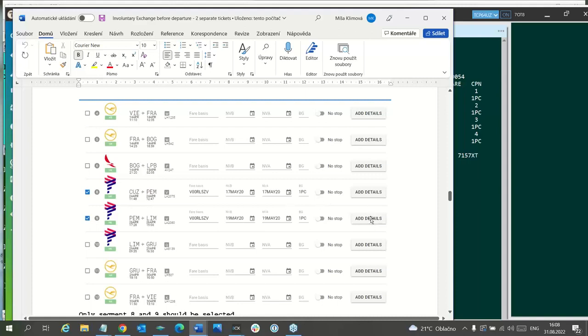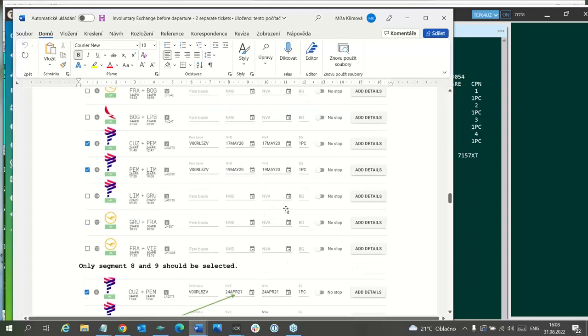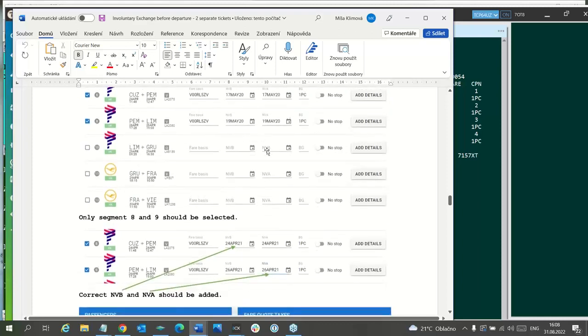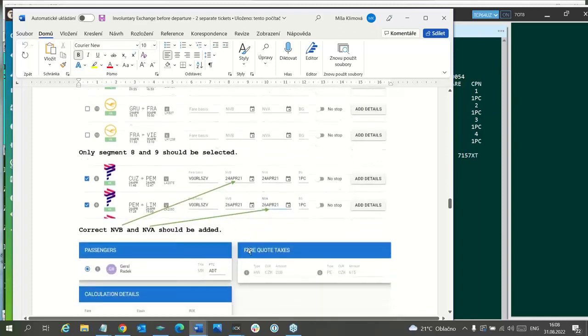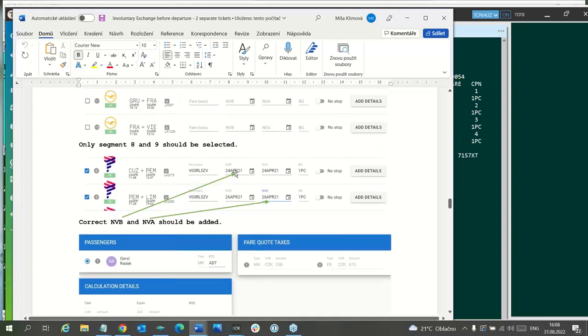And also click here. Because you can see that due to COVID, this ticket has not been used when it was originally planned, and now the flights were cancelled, so now we have to change validity here.